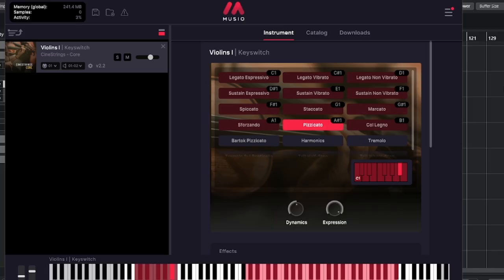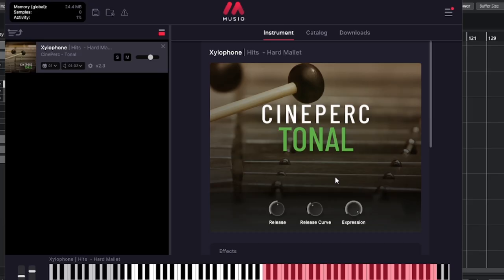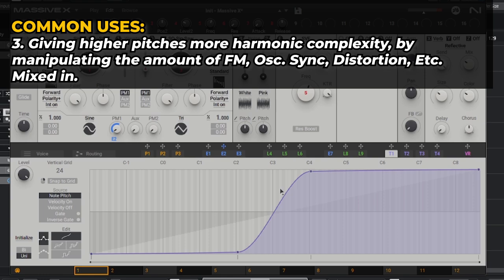For example, a low note plucked on the violin versus a high note plucked on the violin. Low note on a xylophone, high note on a xylophone. See how that works? A third common application is using key tracking to manipulate things like FM amount, ring mod